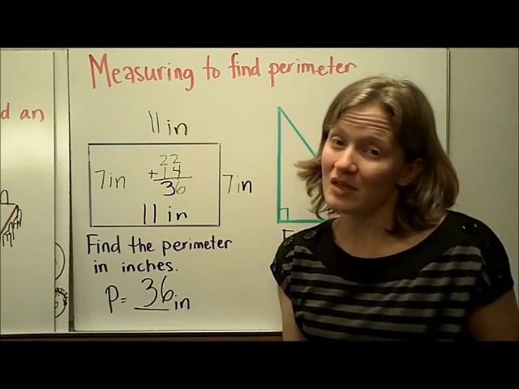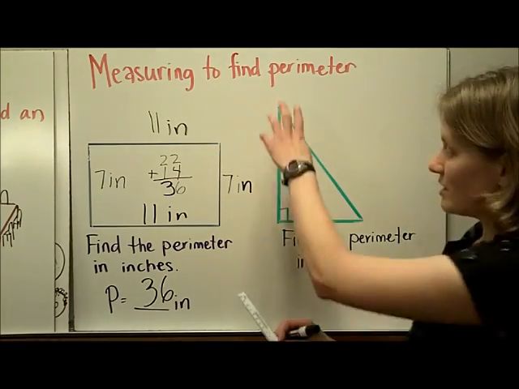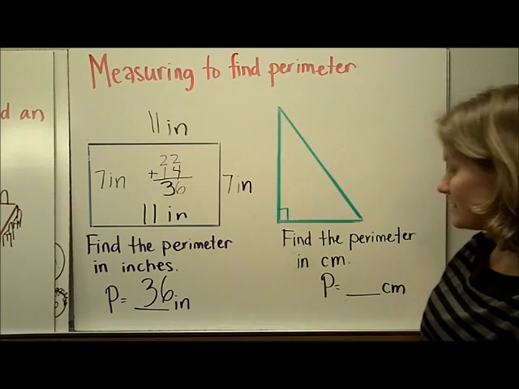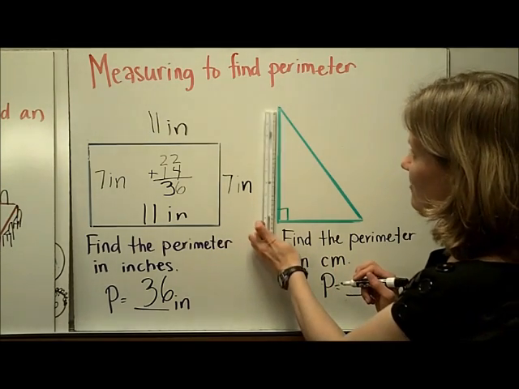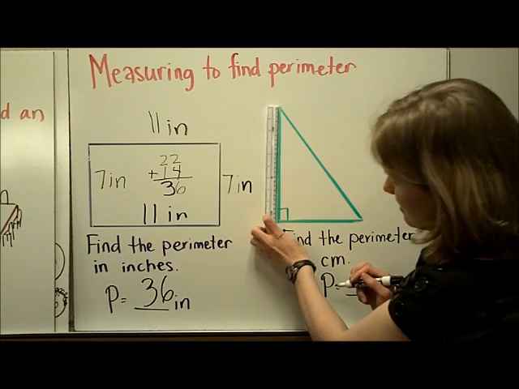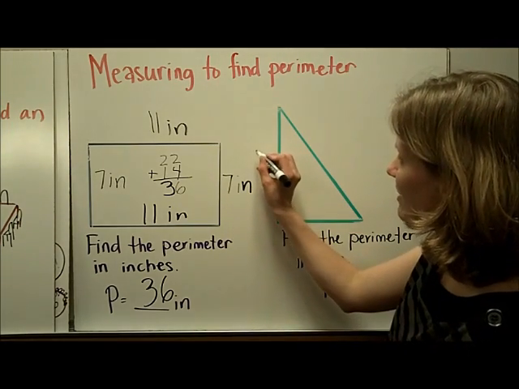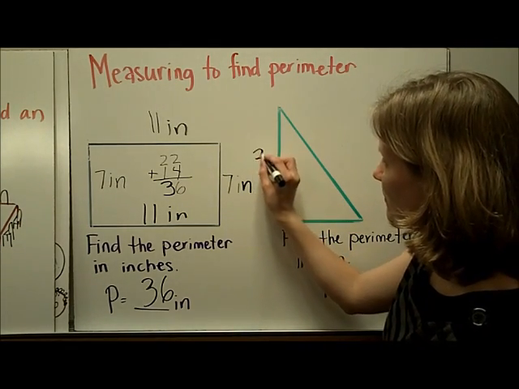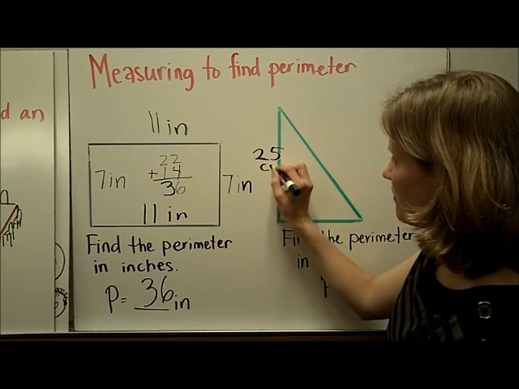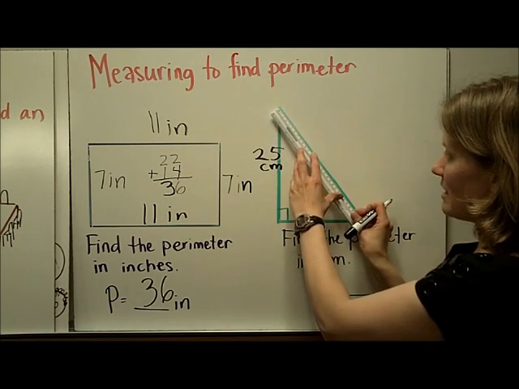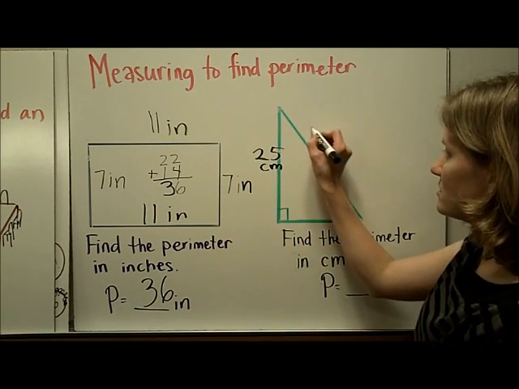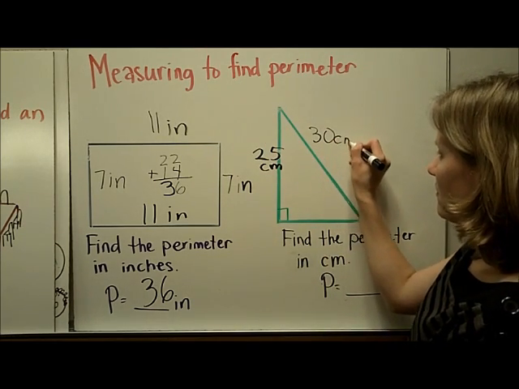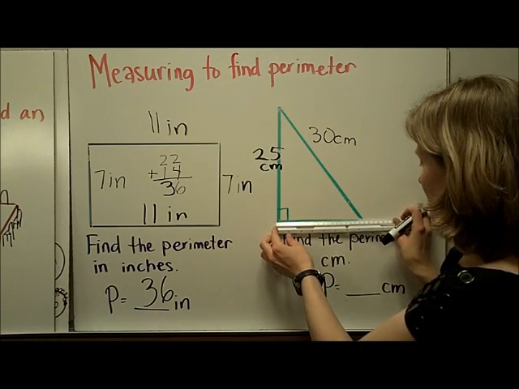I can do the same thing with a triangle. I'm going to measure the length of each of the sides. This time though, I'm asked to find the perimeter in centimeters, so I want to be sure I use that side of my ruler. And it looks like it is 25 centimeters tall, the height of it. This side is called the hypotenuse, and it is exactly 30 centimeters long. And the base of the triangle is 19